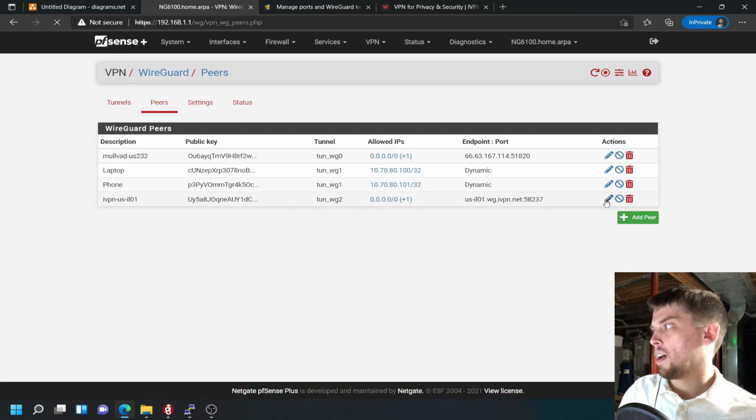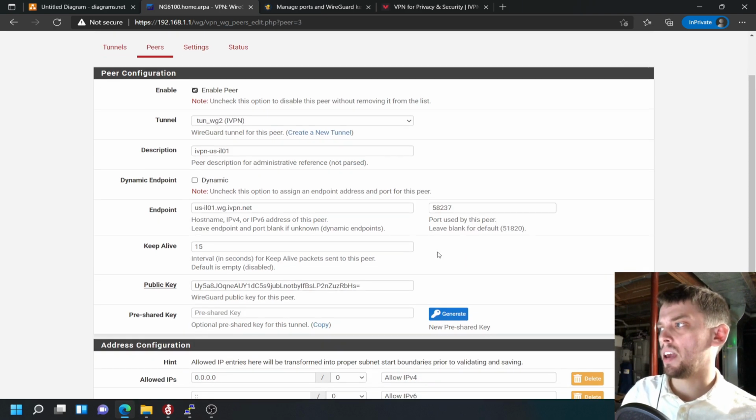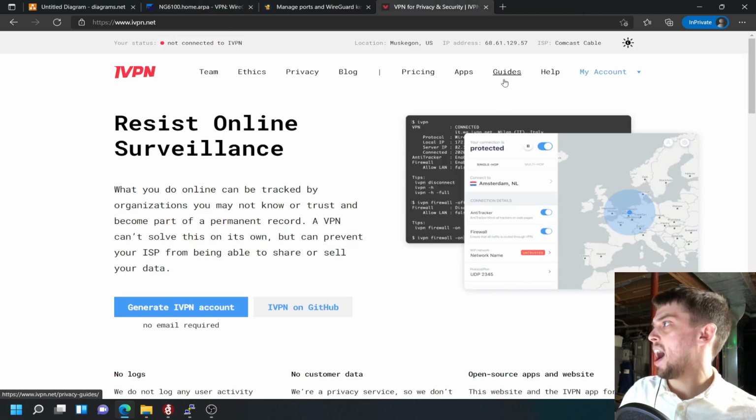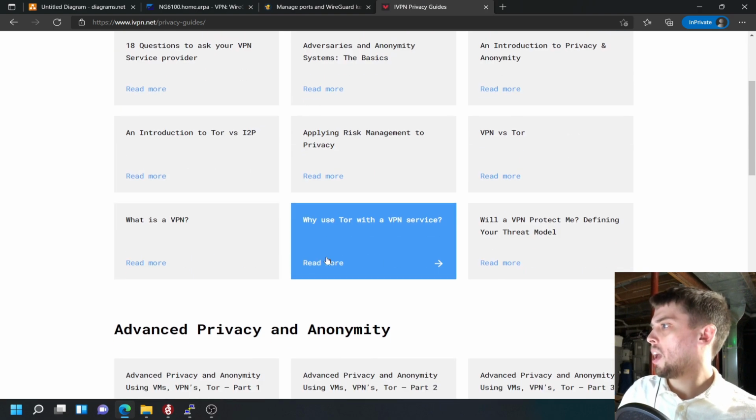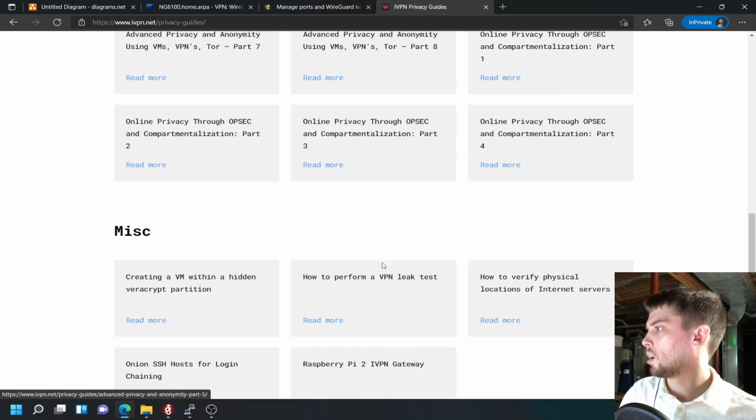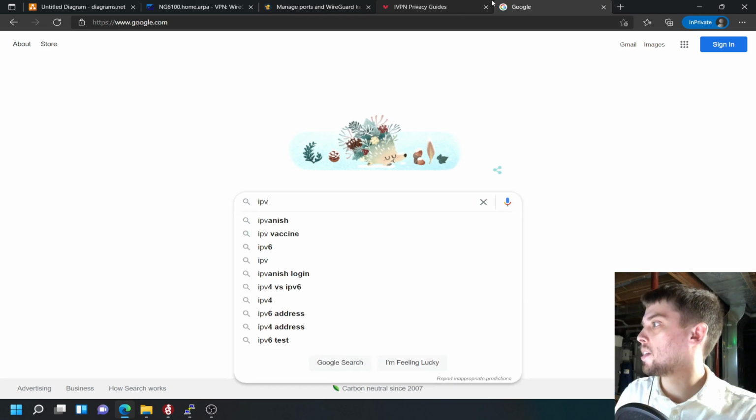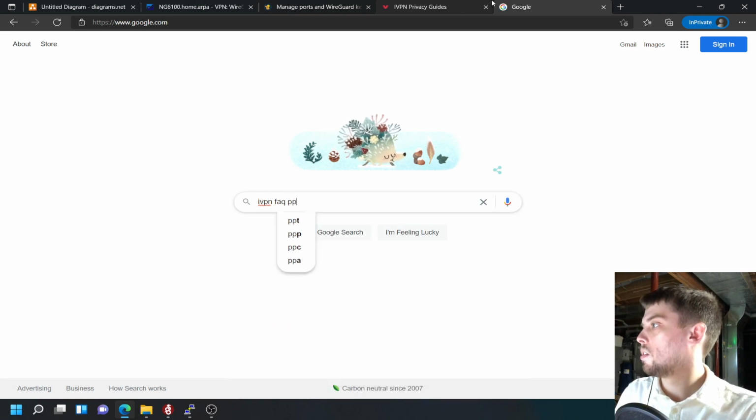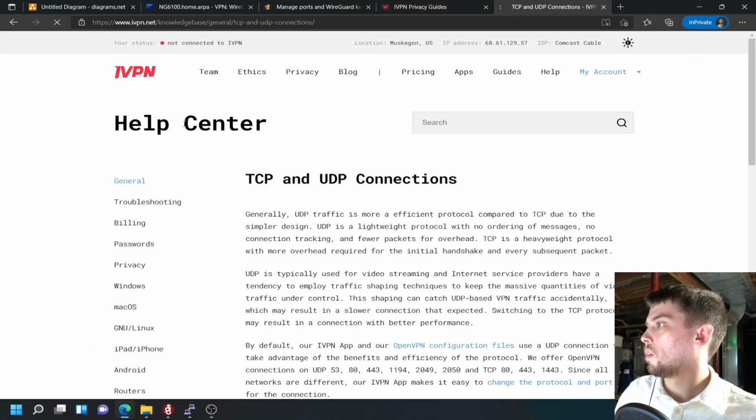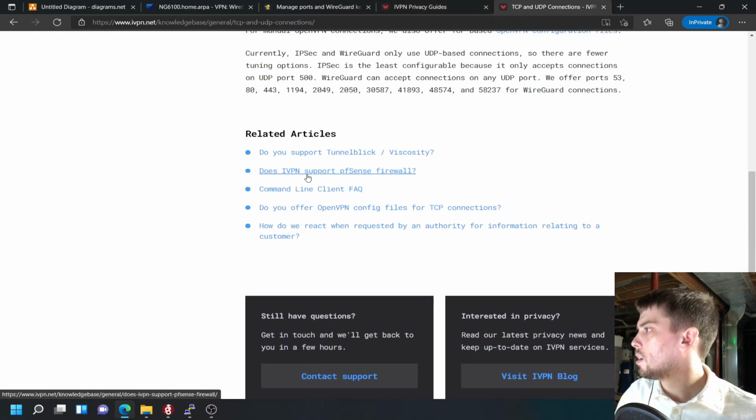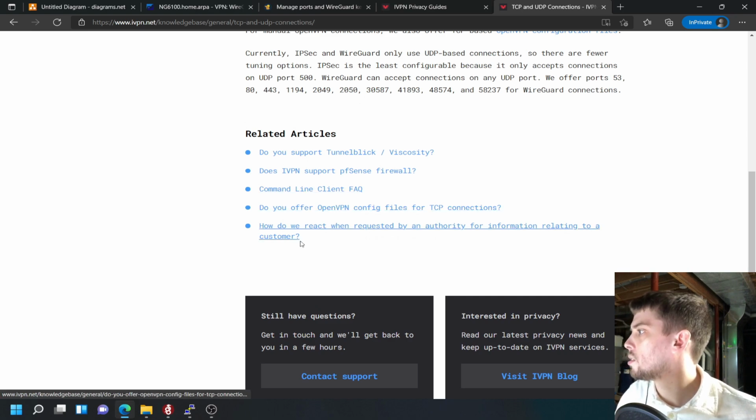IVPN does not. And this is, I think, a pretty common mistake, especially for people that are sort of used to the simplicity of WireGuard, who can overlook the fact that IVPN does not actually use any of the standard WireGuard ports. In fact, if you go to the IVPN guides, let me find that here. Actually, let me just Google that. IVPN does not use the standard WireGuard ports. So if you go to TCP and UDP connections, you can go to, let's see, probably